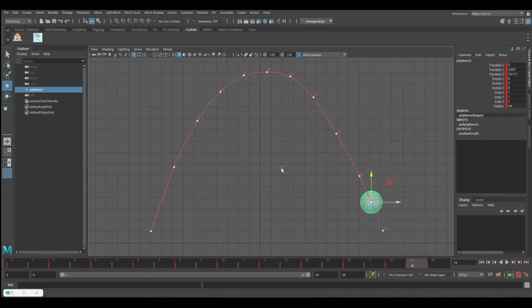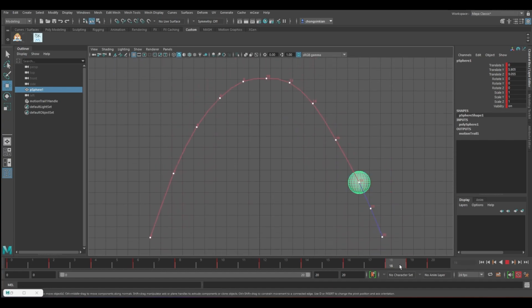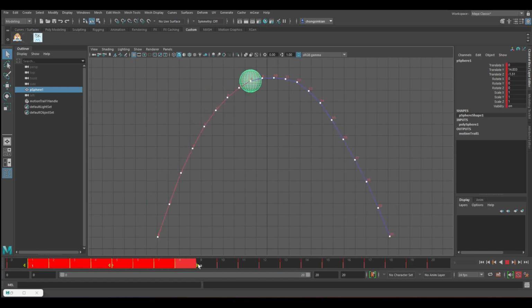Once everything is polished very nicely, you can see the 18, 19, 20 single frames, but over here there's not a single frame. The spacing doesn't look very accurate. You need to keyframe every single thing, every single frame I mean. You need to keyframe every single one. Then you can see whether the spacing is correct or not.